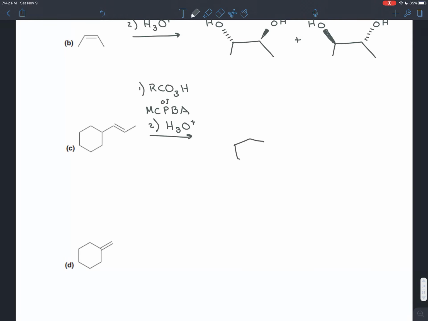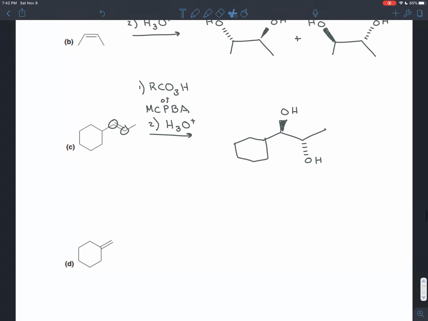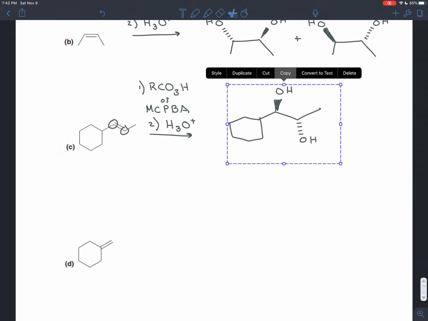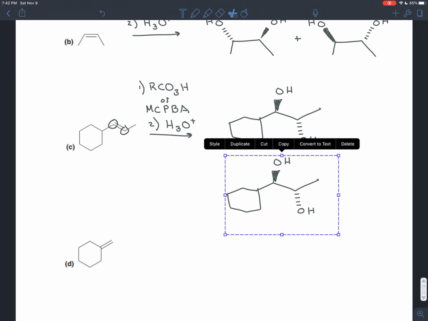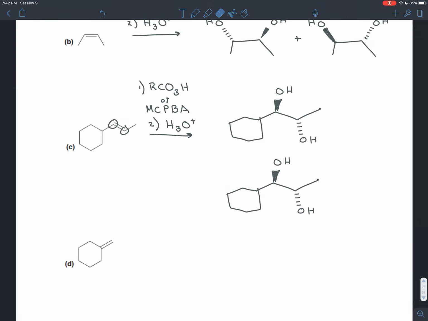So you'd redraw the carbon skeleton exactly as it was, but without the pi bond. And then on each of the atoms that were in the double bond, you'll add an OH. Now, if one of the OHs is coming out at you, the other OH has to be going away, because this is anti-addition. So that is one possibility, but those are two chiral centers that we've created, so we get both of the